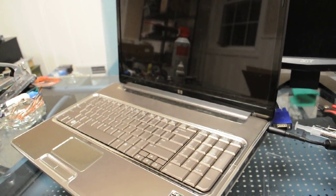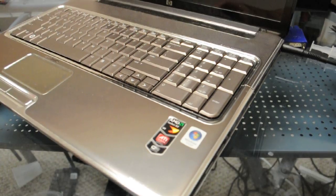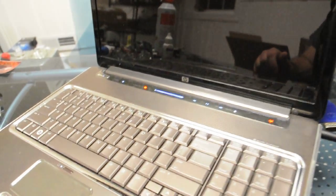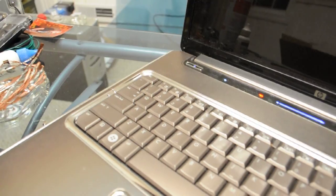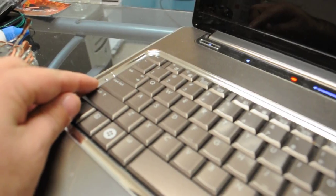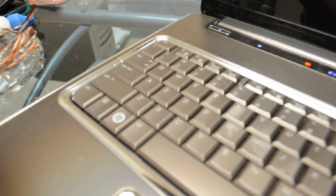Okay, so what we have here is a DV7. It has the same chipsets and same build out as the DV4s, but what we're going to do is turn this on, and we get the lights and everything, but we also have a blinking caps lock over here, and with that blinking caps lock, what happens is